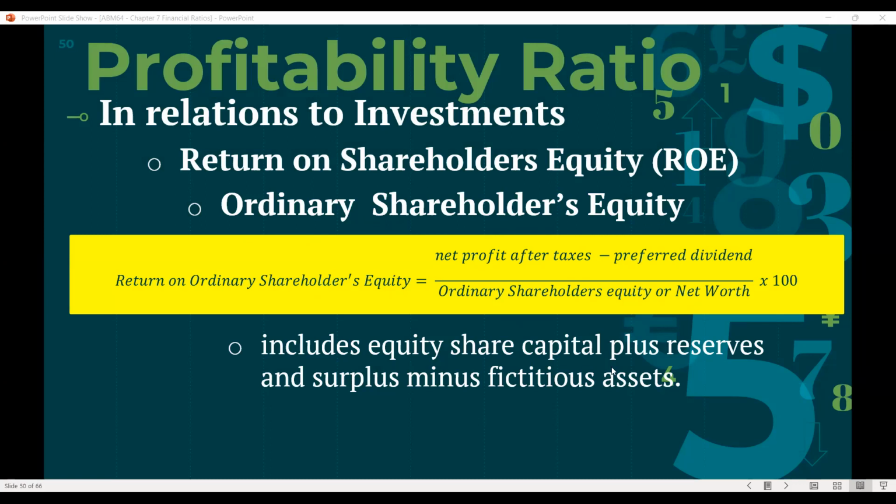So this includes equity share capital plus reserves and surplus minus the fictitious assets. So return on ordinary shareholders equity focus more on the net worth of the investors. So giles na ang preferred dividend here. Gi-minus na to siya. Gi-appeal ang taxes. So giles na ang taxes and dividend over the net worth sa shareholder mismo, especially if they plan to, depende man sa ilang arrangement always, but especially if they plan to withdraw their shareholders equity from the business. So multiplied gapon siya by 100.